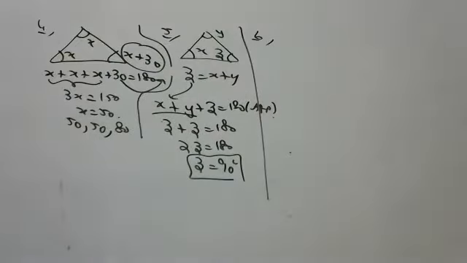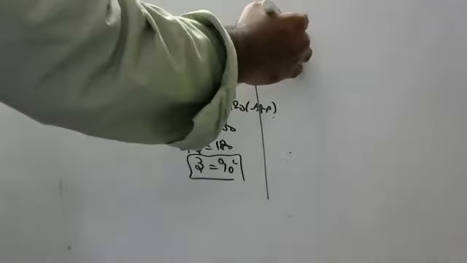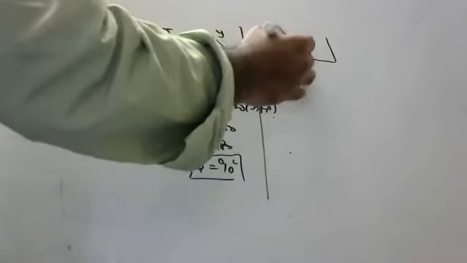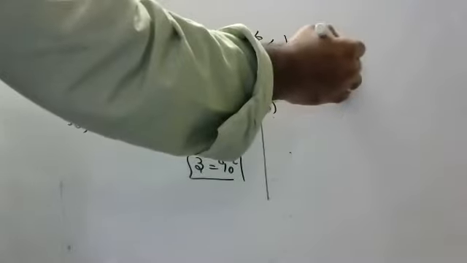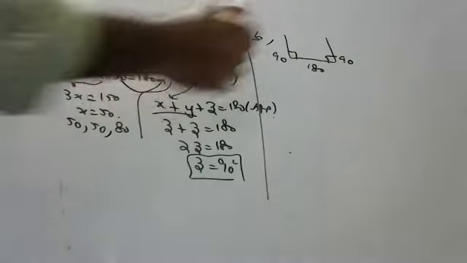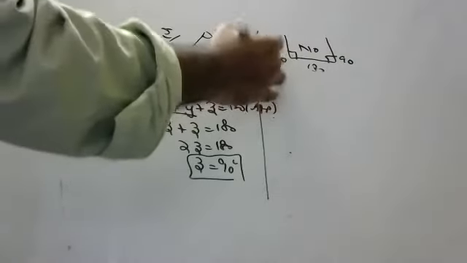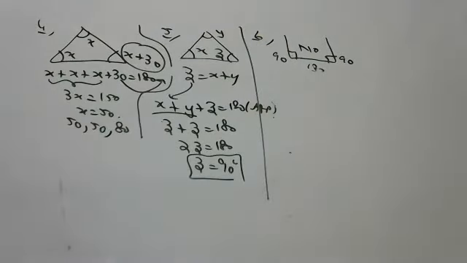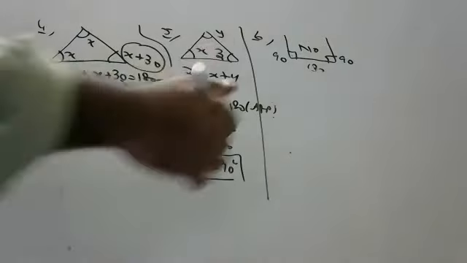Okay, children, there is a small question. Can a triangle have two right angles, children? No, sir, it's not possible, because 90 plus 90 is 180, that is over. What about the third one? No, not possible. A triangle cannot have two right angles. Next one is asking, can a right angle have two acute angles?